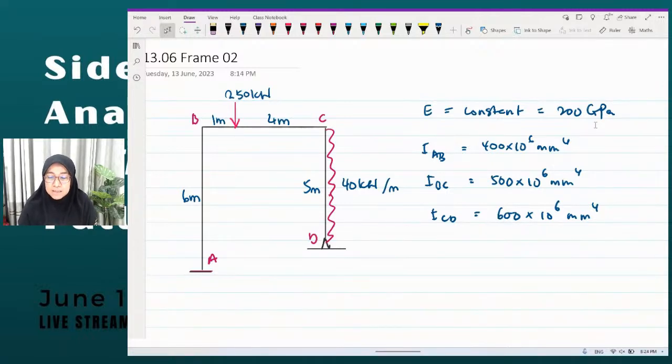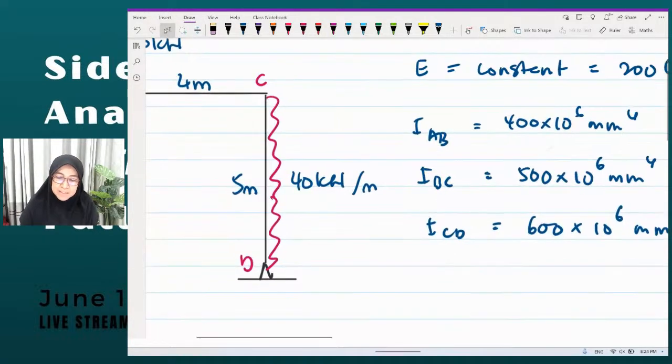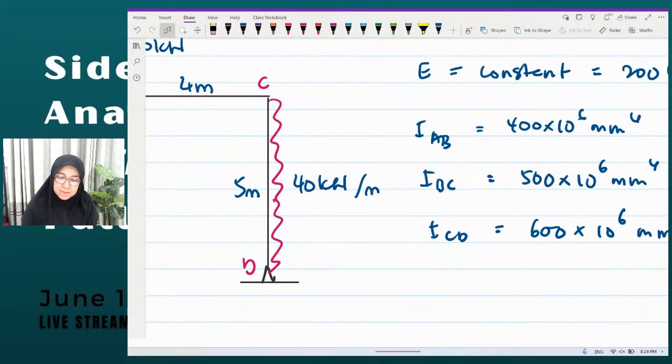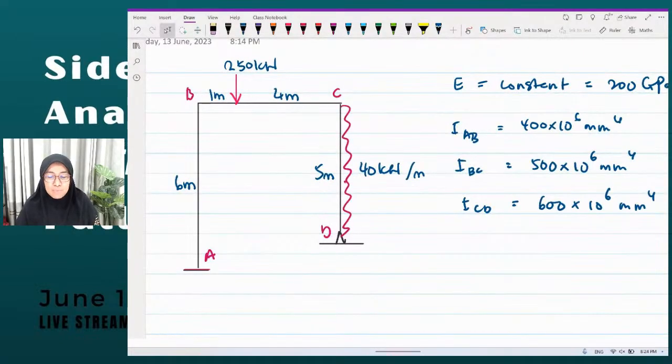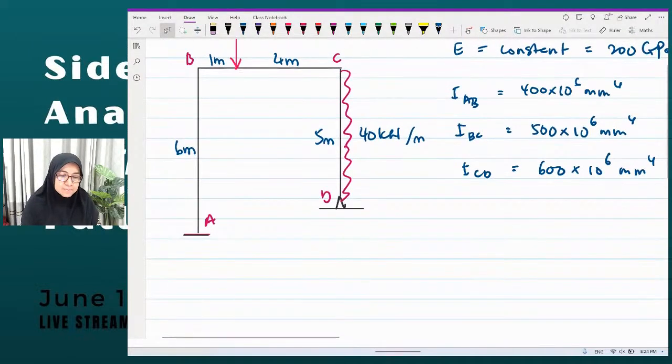E is constant, the value is 200 GPa, and I is not constant. So we have different values of IAB, IBC, and ICD. So this is BC. Using the moment distribution method,